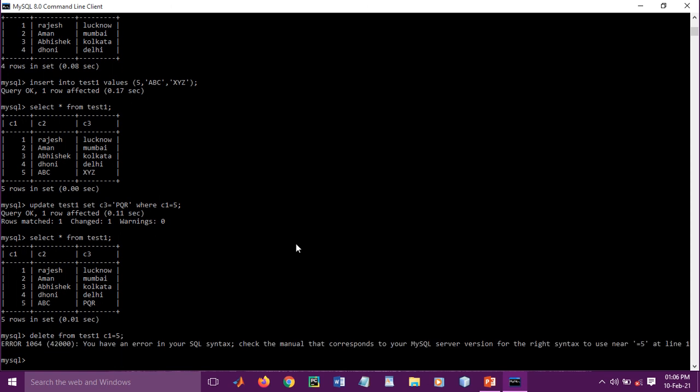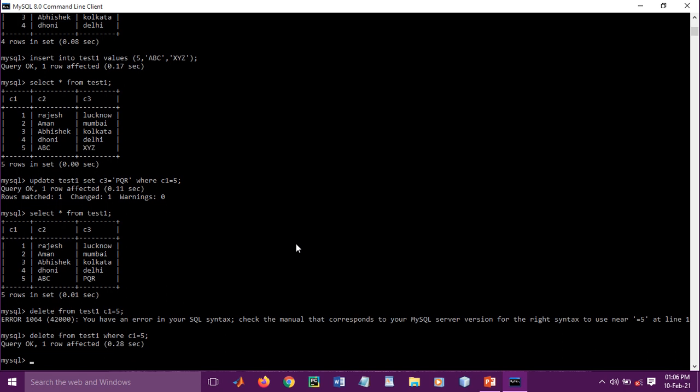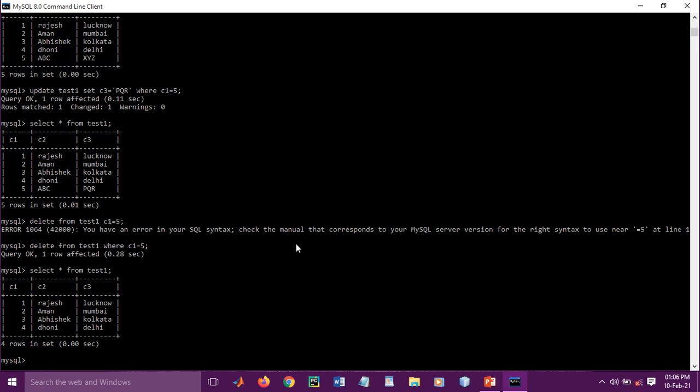There is an error. What is it showing? Delete from test1. Oh, I didn't put where C1 equal to 5. Let's see, select star from our table test1. So this is the way we delete the contents from our table.